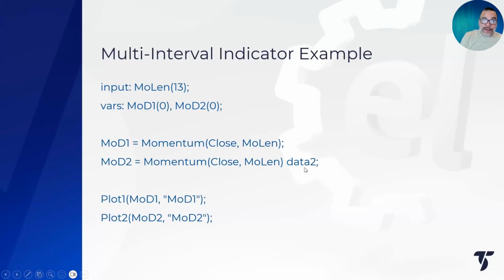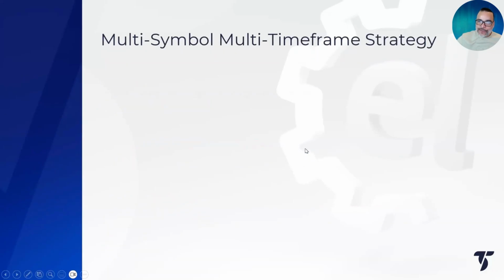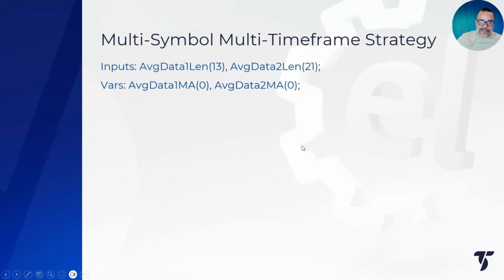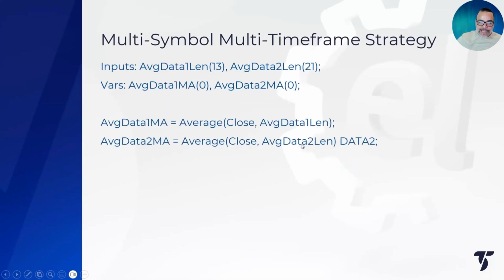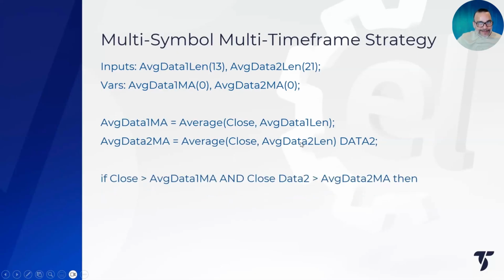In order for you to do that, you'd have to create a multi-data chart, set the two symbols to different time frames, even though they're the exact same symbol, and then do this type of setup where you're calculating on data 2 as well. And the last example that I'm going to show you is a strategy. Again, as I said at the very beginning of class, we are going to create an example together